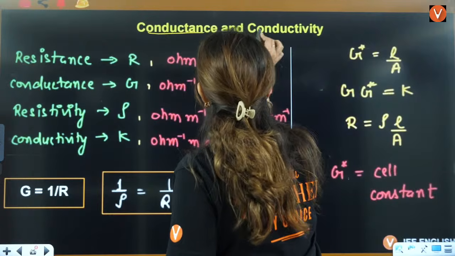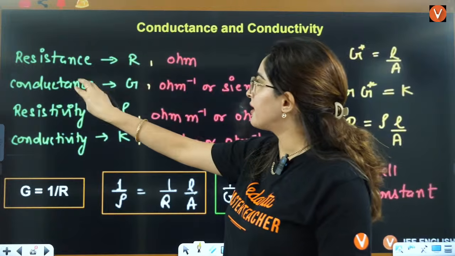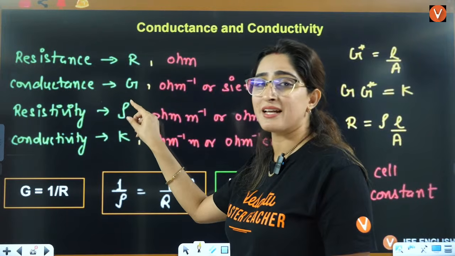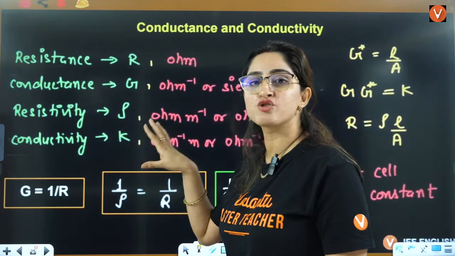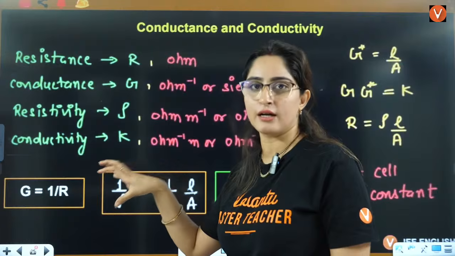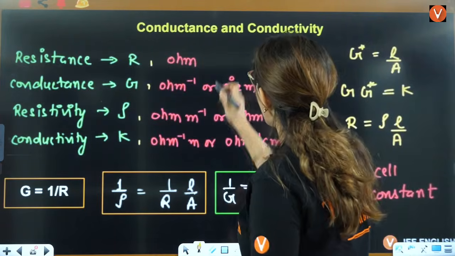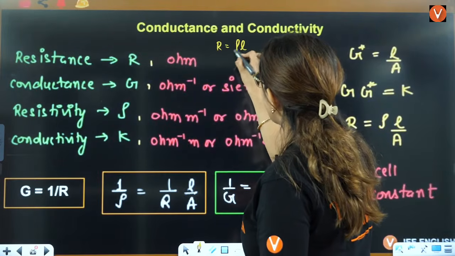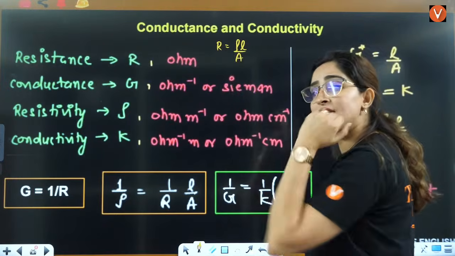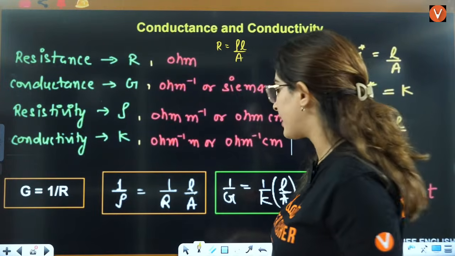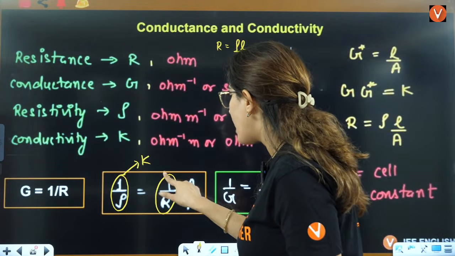Then there is conductance and conductivity. Firstly, resistance is R, conductance is G, resistivity is represented by this rho that looks like a snake, and conductivity is K, called kappa. Now the formula is R equals rho L by A. This you must have seen in physics as well. Now 1 by rho is nothing but kappa. 1 by R is nothing but